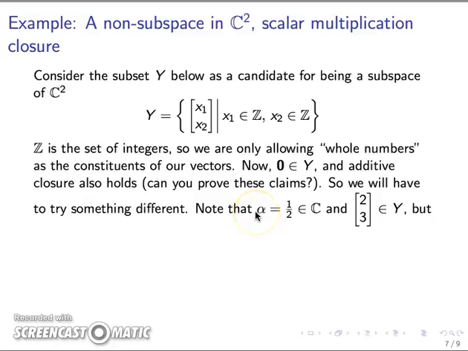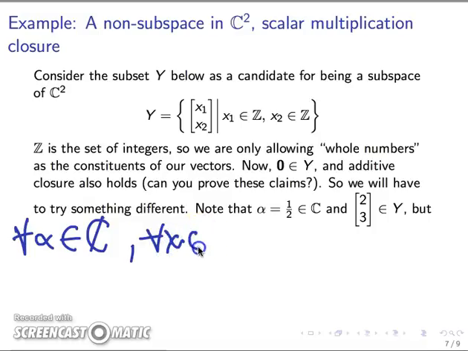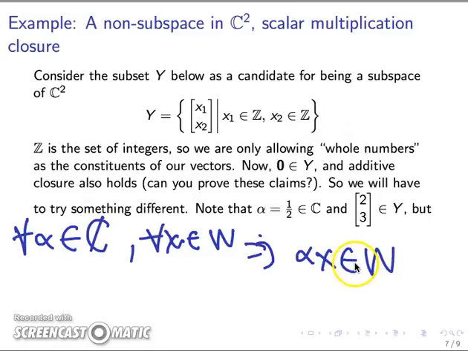When we say scalar multiplication, we mean that alpha can be any complex number. So we need that for any alpha in the complex plane, and for any x in W, we will need to establish that alpha times x is in W to address closure. This should be true for any arbitrary scalar, but we can find one specific scalar such that when that scalar is multiplied by a member of the candidate set,